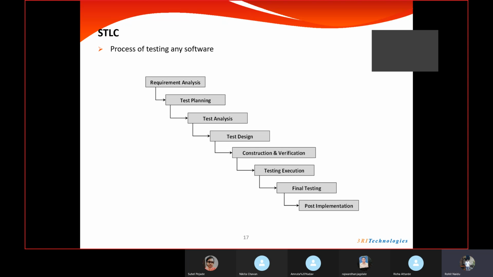So in this way, we'll start figuring out what all functionalities or what all requirements have to be tested at the beginning, at the end. Like we will design a timeline, okay? And then we will do the test analysis, okay? Test analysis is nothing but, let's say, login functionality again, okay?